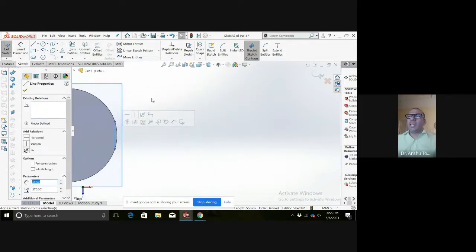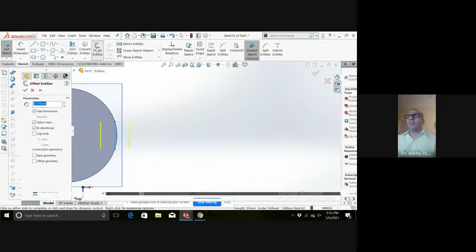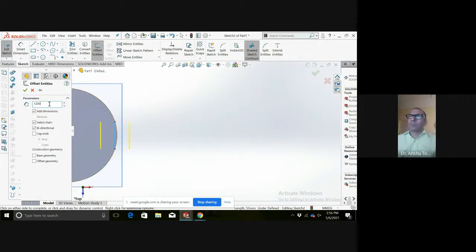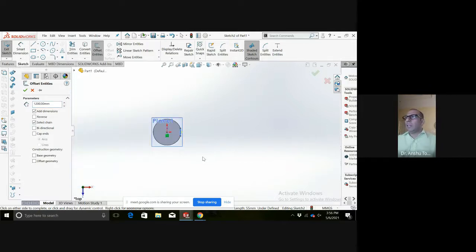And I'm offsetting it at a distance of 1200 mm. I don't want bi-directional, so I will keep it on one side.